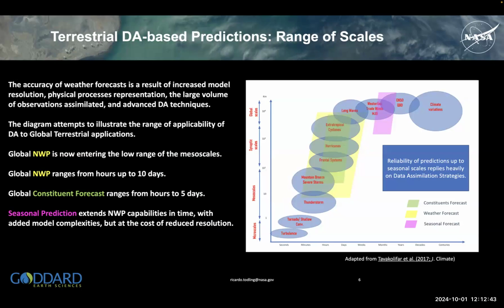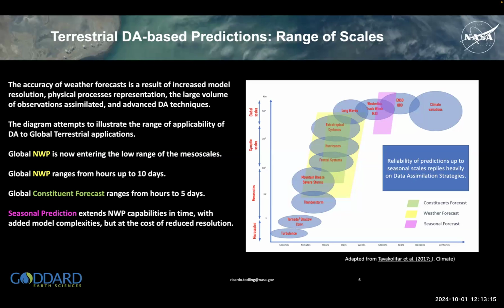So with the terrestrial DA, in a broad brush sense, just to talk a little bit about the difference between the terrestrial and the space weather, as you all know, and some of you know way better than I. Terrestrial DA obviously has different time scales and spatial scales. A lot of what I showed you is done with the global NWP systems, which are nearing the mesoscale